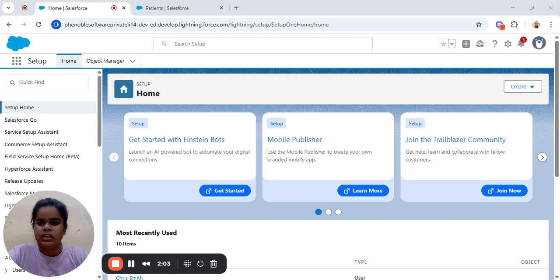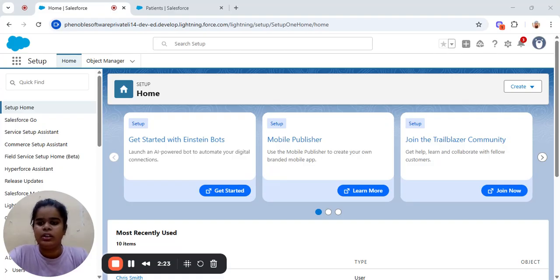So adding care team members helps keep everyone informed and coordinated. It makes sure the patient gets the best care, because all the caretakers can see updates and information in one place. So this is the reason why we need to add team members in the patient's care.